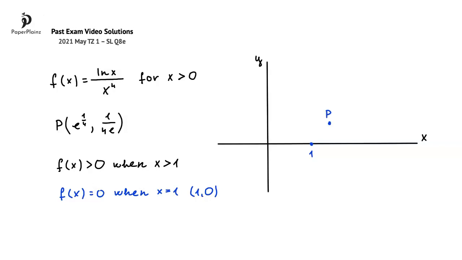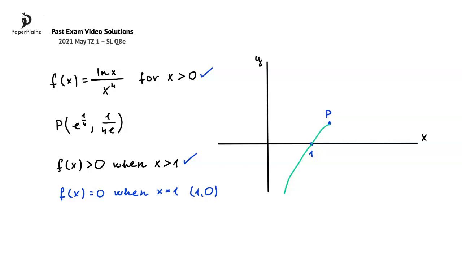Next, let's think about the shape of the graph. We know that the domain is x greater than 0, and that f(x) is larger than 0 when x is larger than 1. From this it follows that the graph between x equals 0 and x equals 1 is below the x-axis, and it looks something like this. Since P is a local maximum, between the x-intercept and P the graph is increasing, and then logically after P